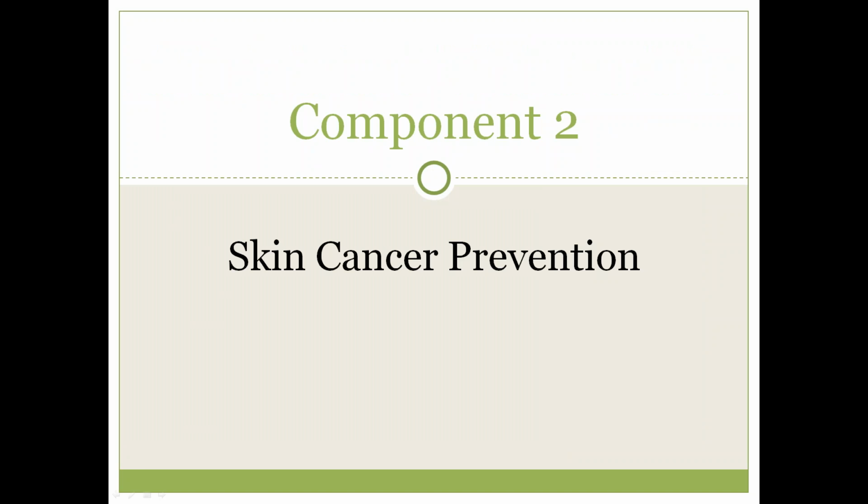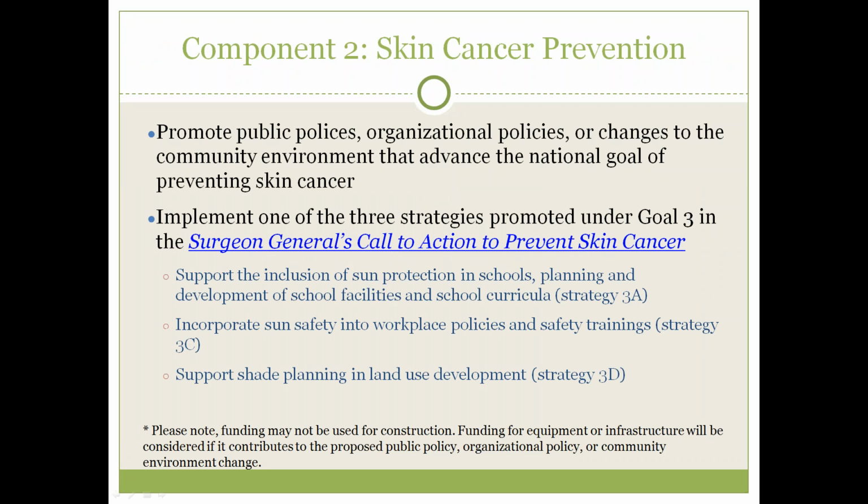So moving on to component 2, skin cancer prevention. So these projects should promote public policies, organizational policies, or changes to the community environment that advance the national goal of preventing skin cancer. They should implement one of the 3 strategies promoted under Goal 3 in the Surgeon General's Call to Action to Prevent Skin Cancer, and these include support the inclusion of sun protection in schools, planning and development of school facilities and school curricula, incorporate sun safety into workplace policies and safety trainings, and support shade planning